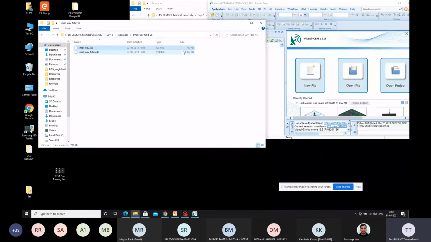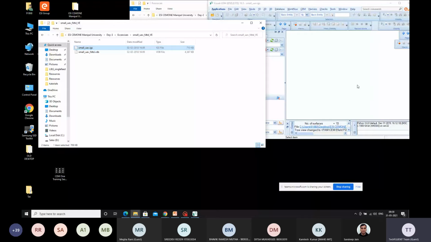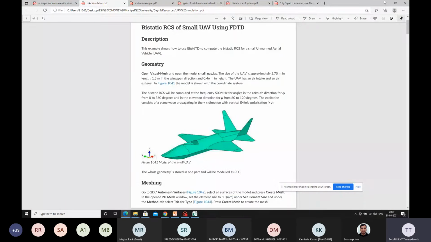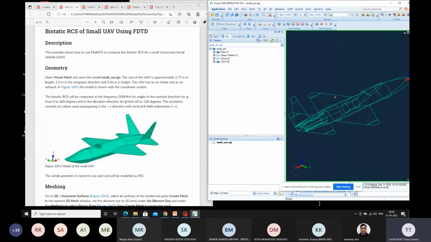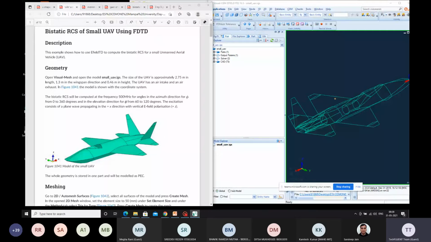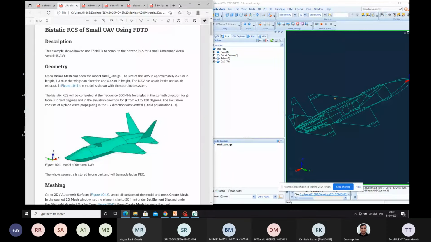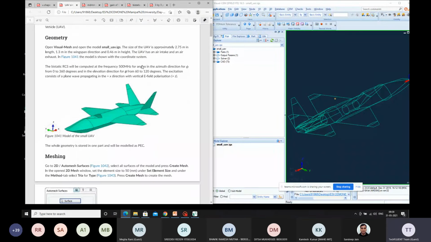In order to open a new file, you can also drag your file into the application window and then we'll get the original design file. Once you're done with this, now we'll follow the same steps as mentioned in the document. Okay. I'll put both the regions simultaneously so that you will also have some comparison study to go about. The UAV is the same structure that we have implemented here, and even the frequency domain solver is the same.